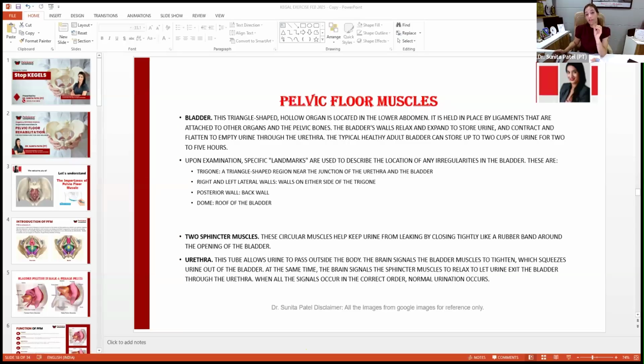But urine leakage can again be of different types, so we need to understand what type of urine leakage it is. If you do a Google search broadly, you will find there are three types of urinary incontinence, which affects bladder health. You might have heard about stress incontinence, urge incontinence, and overflow. So what are stress, urge and overflow?